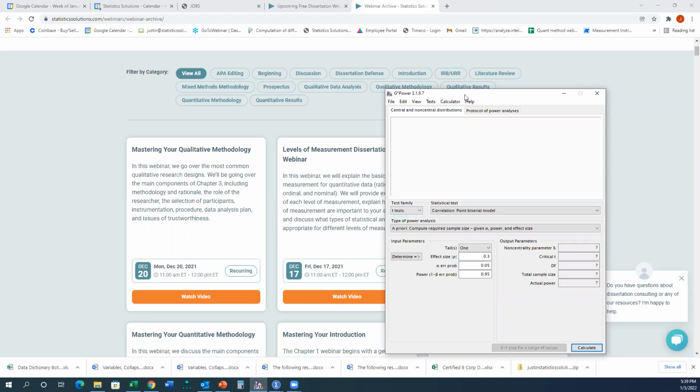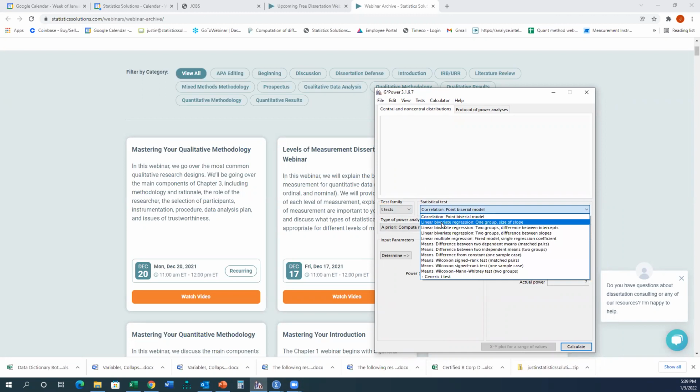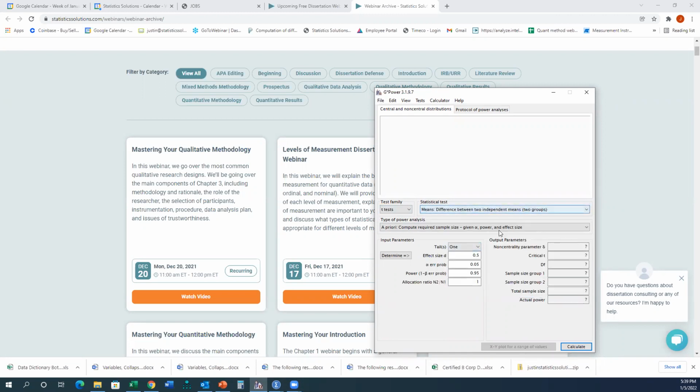But this is G-Power, by the way. G-Power is a software that's used to determine your minimum sample size. And this is usually done in the methodology phase, and there are many different options. There are t-tests, which you can use for differences between two groups, and